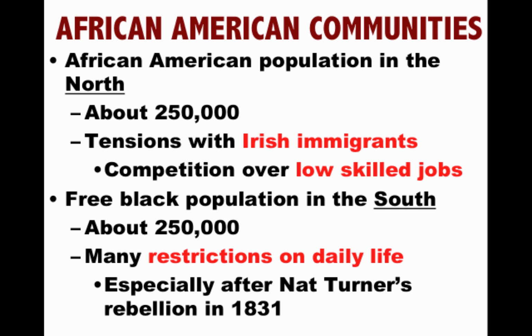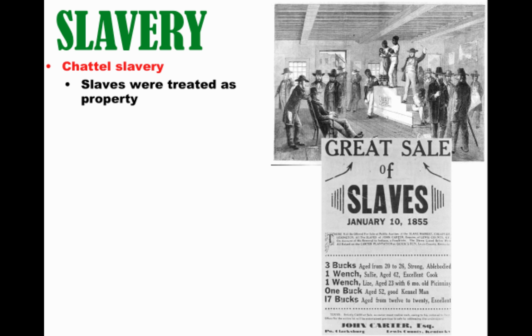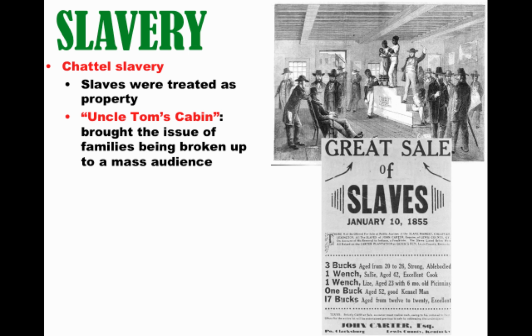in 1831. Slavery itself, important to keep in mind, varied from region to region, from owner to owner. There was no one experience, but in all circumstances, slavery was based upon chattel slavery. Slaves were treated as property, and very often you would see families being separated. They were sold just as you would sell any piece of equipment on the farm. And this really was brought to Northerners' attention with the publication of Uncle Tom's Cabin, this idea of families being broken up in this institution